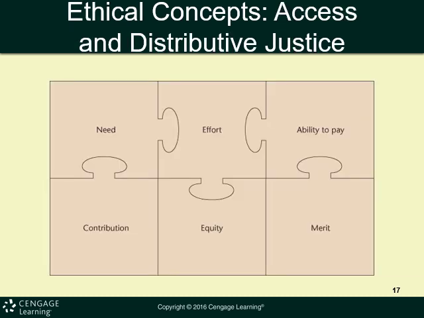In the healthcare context, distributive justice often applies to questions raised about access to scarce resources, requiring healthcare providers and health plans to provide an individual recipient with the care and service she is due. The concept encompasses 6 criteria to define just distribution where resources are limited. These 6 criteria include need, equity, contribution, ability to pay, effort, and merit, as is shown in this puzzle piece-like figure below.